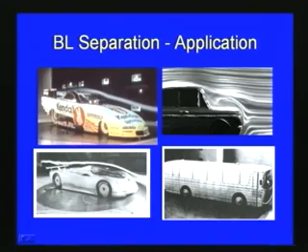Similarly, we can design buses, trucks, and all these automobiles in such a way that the resistance with respect to the wind effect is much lesser on the vehicle we consider. If the separation is at the rear end, it will be much better as compared to other cases with respect to the vehicle.